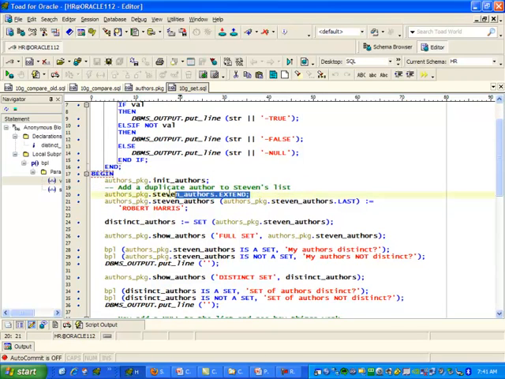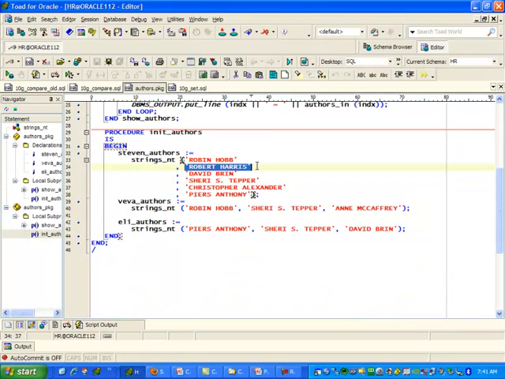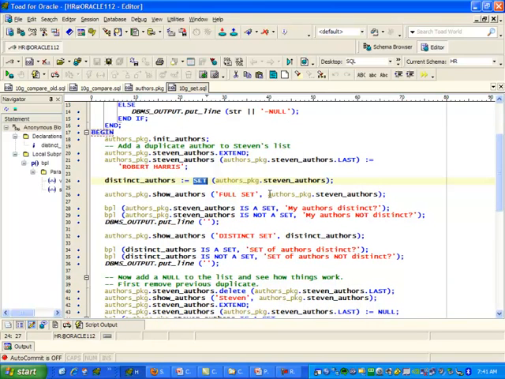So I'm going to extend the nested table, package.nestedtable.extend. I'm going to add Robert Harris a second time into my list. There's Robert Harris once, then Robert Harris twice. And then I'm going to do a distinct on my authors. And I'm going to take a look at the full set of authors so we can see that there's a